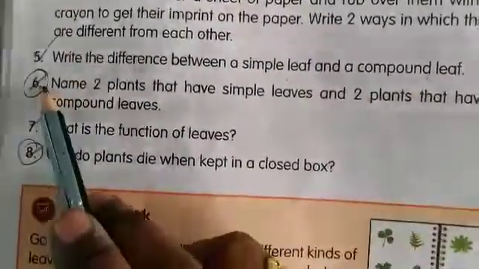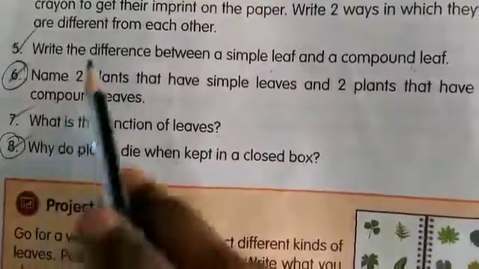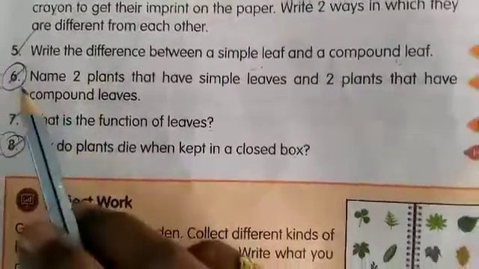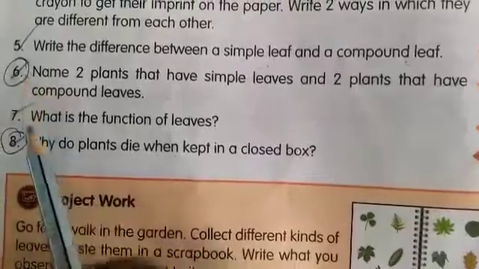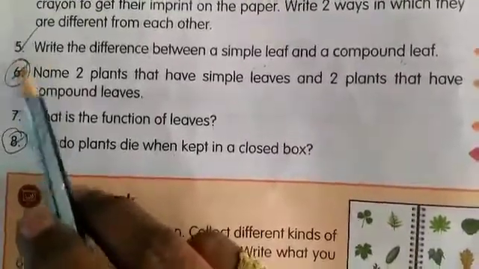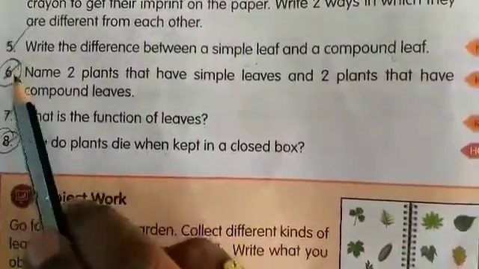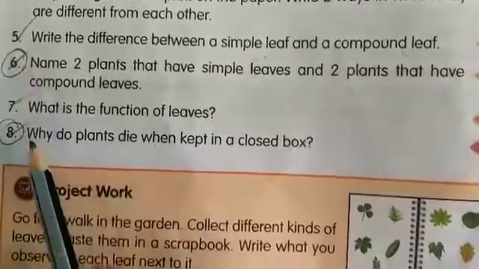So you are going to write the 6th and 8th one. Already you have written answers for this. Refer to your classworks and write the answers, children. Learn 5, 6, 7, 8, and you are going to write in your revision part the 6th and 8th.